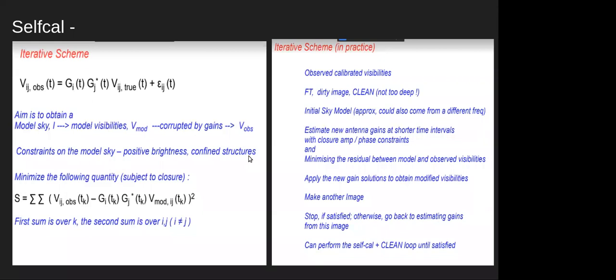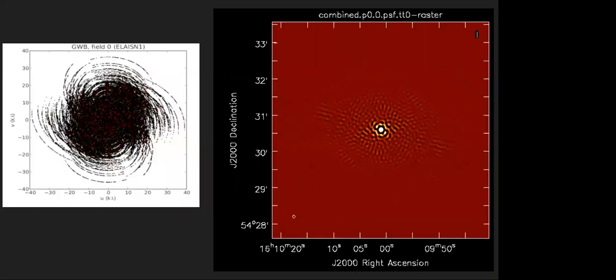Now, Proshun briefly told you what self-cal is and what the motivation is. Can I make a comment here if you go back? Yes. It is not always required for a given science case that you need to have a very good PSF, because maybe what you are trying to observe is a source at the phase center. You want to observe a point source. I think that was the case for the data which is given to you. It depends on the science case. You are just interested in the source at the center.